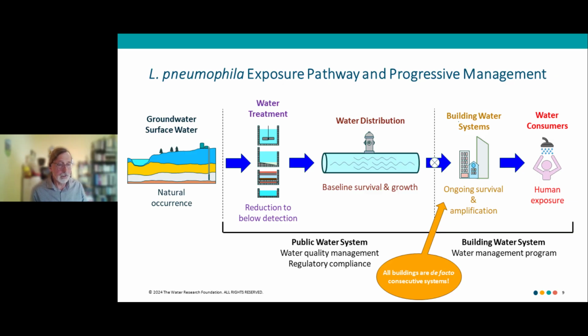All right, I'm going to spend probably a little too much time on this slide, but I think it sets the stage pretty well for what we have going on. In risk assessment, you would call this the exposure pathway. So Legionella are in groundwater, they're in surface water. They're plentiful there. There's natural occurrence. They come into a water treatment plant, and they're generally reduced to below detection. And you would think, okay, fine, we've solved the problem, but we really haven't, because there can be some breakthrough of water treatment. A number of studies have demonstrated that, for example, if the bacteria are in encysted amoebae, they can break through treatment and get into the distribution system.